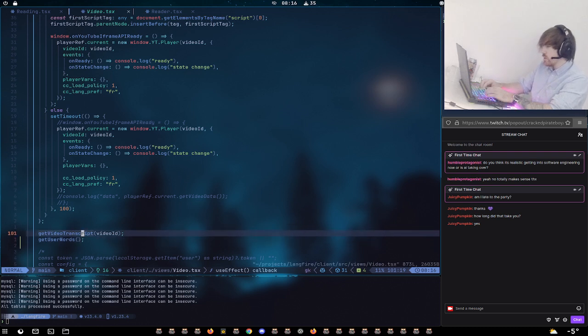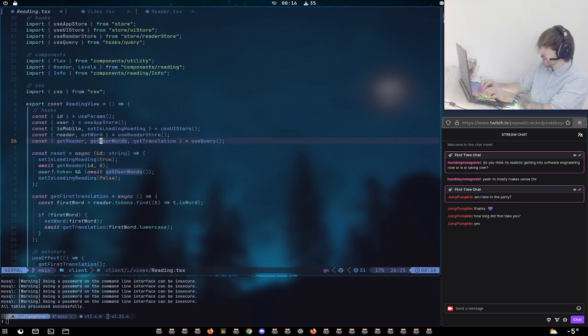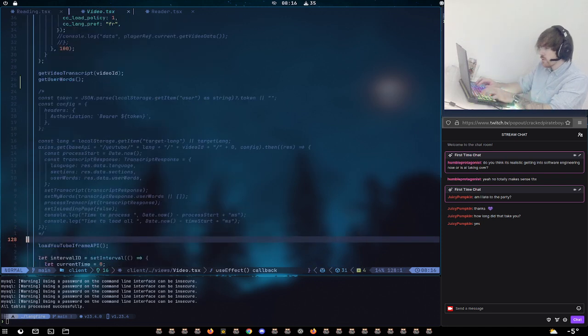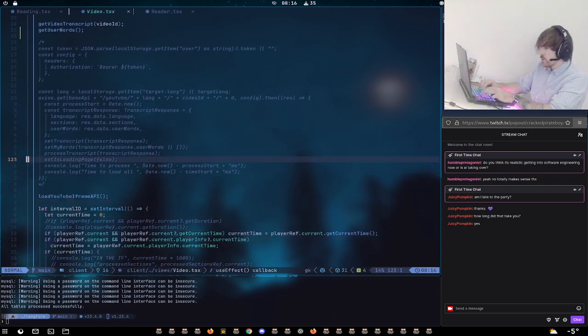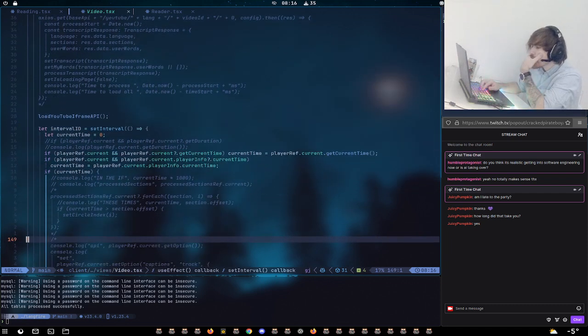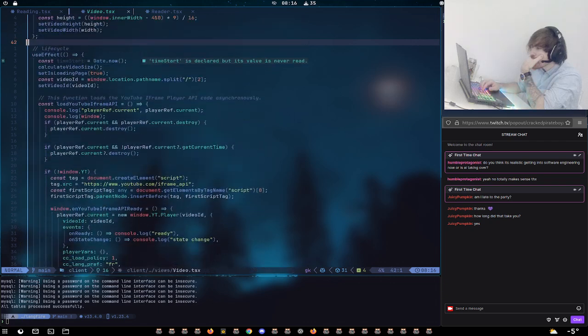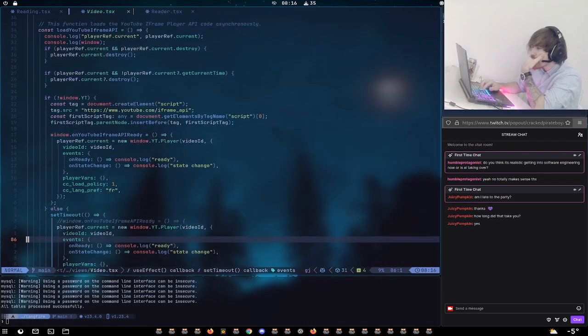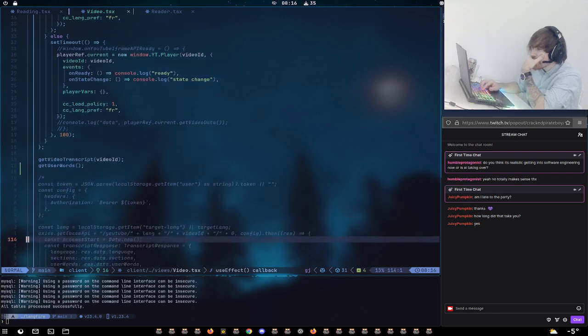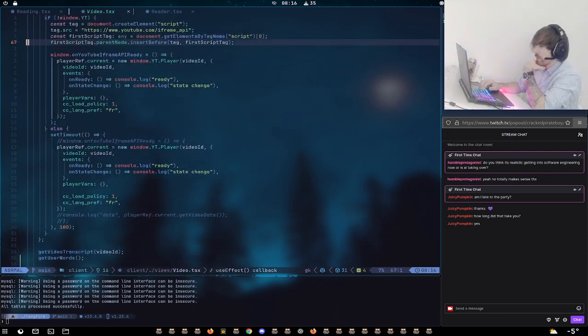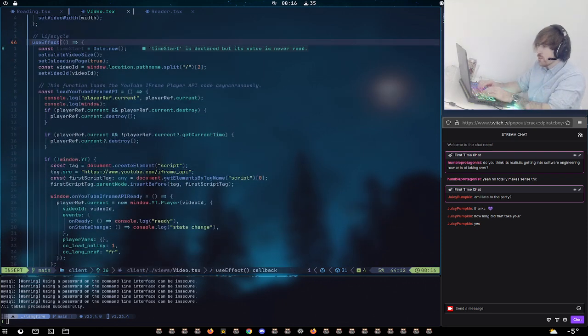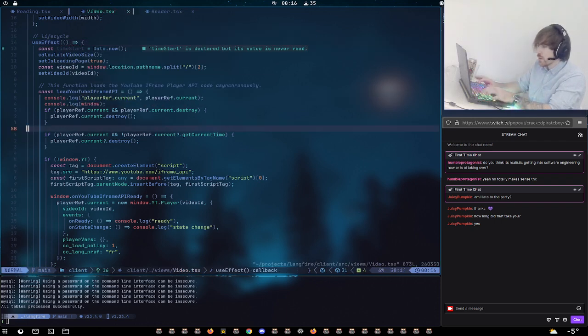Why are these not async? Can I not async these? I don't know if I should be awaiting them or if it matters. Oh, it's in the useEffect. That's probably why, because useEffect doesn't like being asynchronous. If I type async here, it says it doesn't want to do it. I don't know why useEffect is like that, but because of the life cycle.